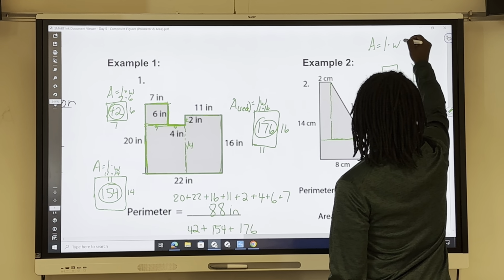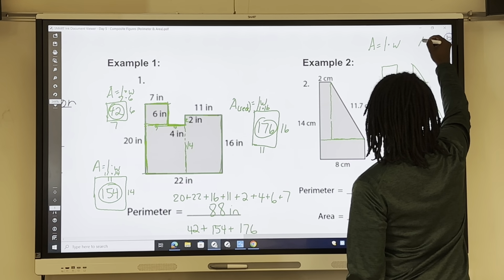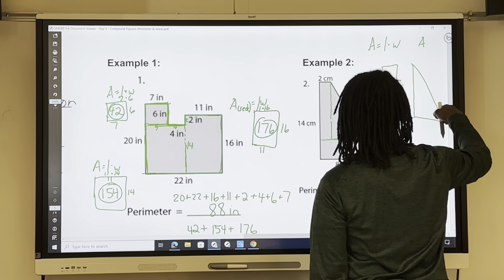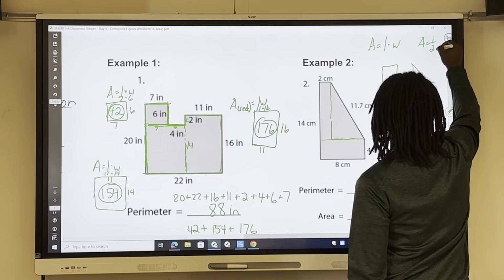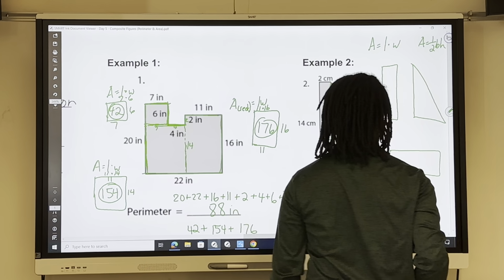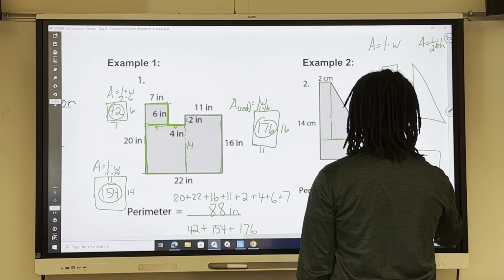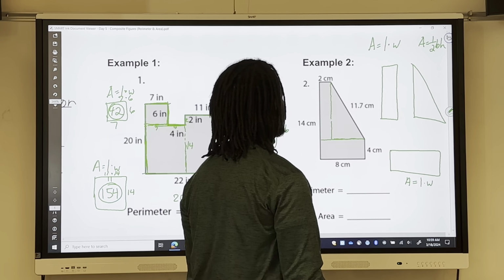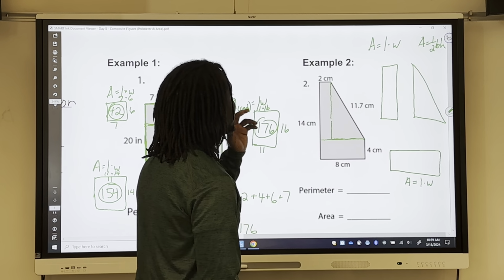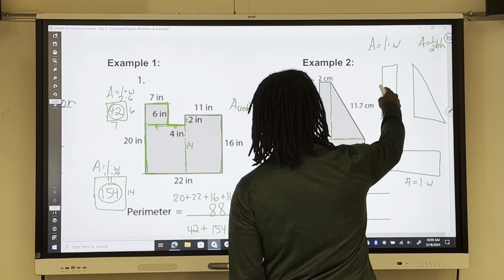All right, length times width. Area of a triangle is 1/2 base times the height. Okay, and then area of a rectangle is length times the width. All right, so now I need to label each of my pieces, because for this I need the length